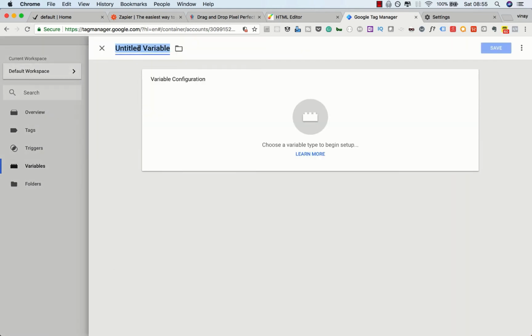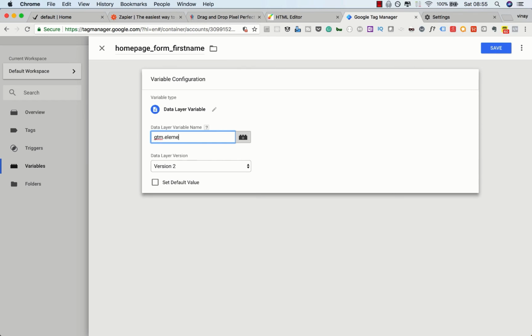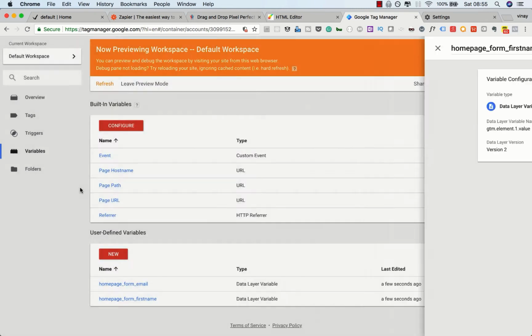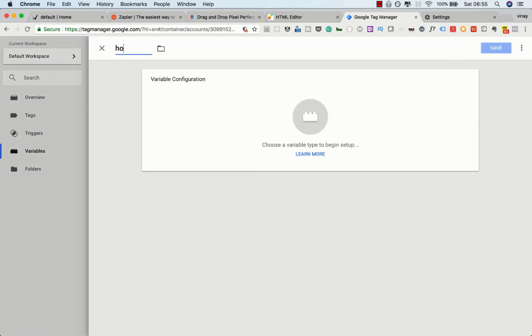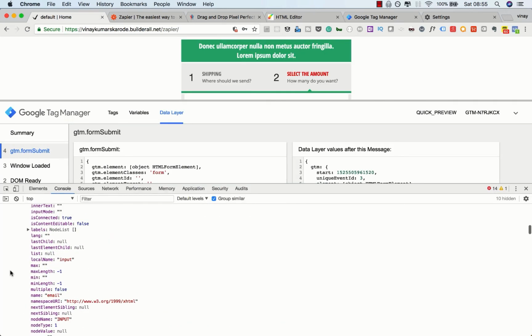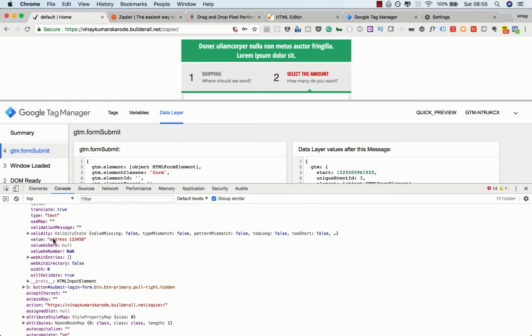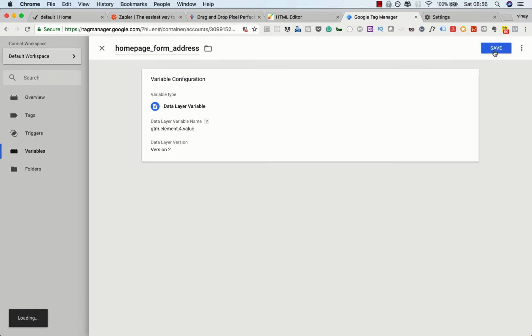and we're going to do the same for the other two variables. So let's just call this homepage form first name, data layer variable. We'll say gtm dot element dot 1 dot value, and then create another one, homepage form address, call this data layer, and then gtm dot element dot 4 dot value. Now let's just confirm that 4 is our address. So if we look for the value, that is the address that we entered. So let's just save this